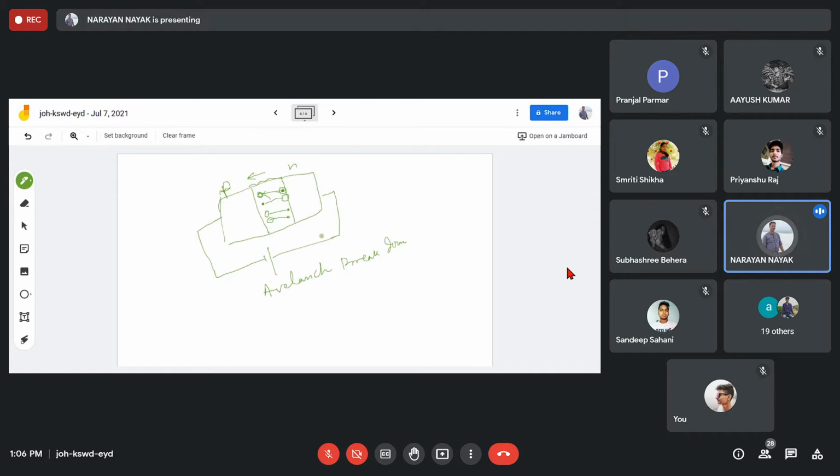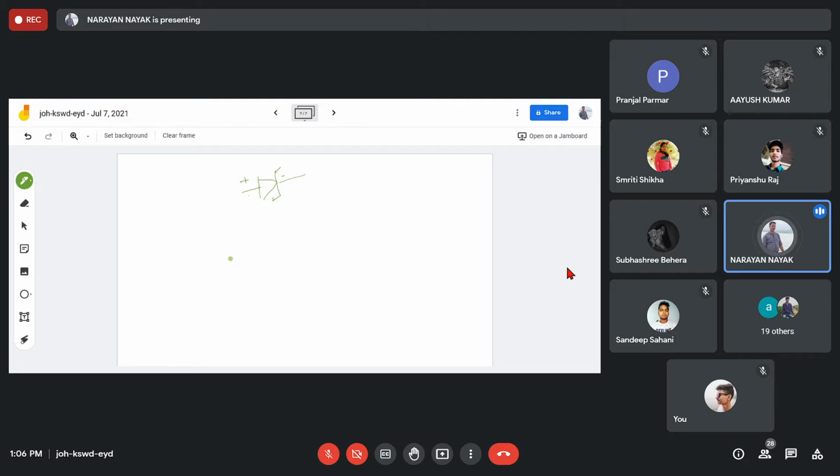So you have to show this diagram. Clear? Now the general breakdown voltage is 5 to 8 volts. So what is the equivalent circuit of the Zener diode? Just remember the symbol of the Zener diode is like this. This is your positive terminal, this is your positive terminal, and this is your negative terminal.